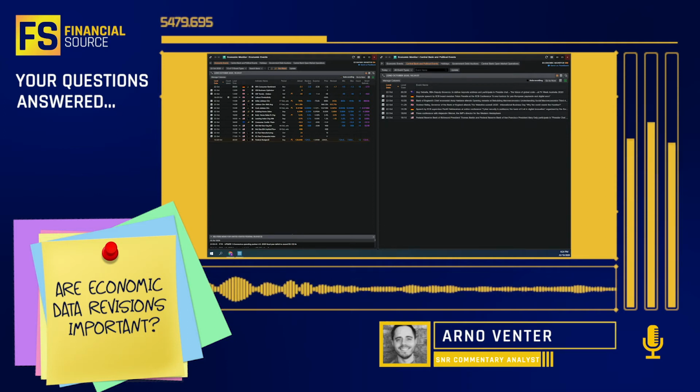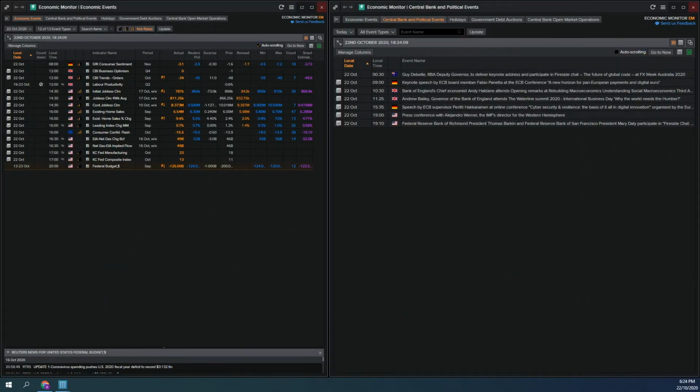Now, when looking at economic data, it can be revised for a couple of different reasons. The first revision comes down to possible changes in the way that the agency collects the data, or it can come from a change in their methodology, or a change in the metrics that they use to measure, or a change in the way that they calculate the data. All of these types of changes will, of course, affect the past data after the change has been made.